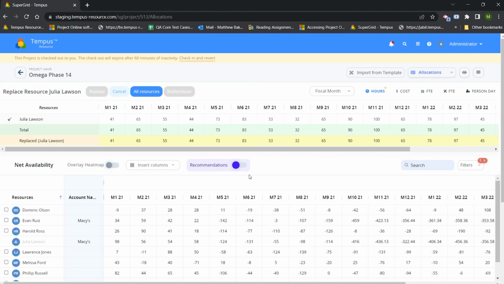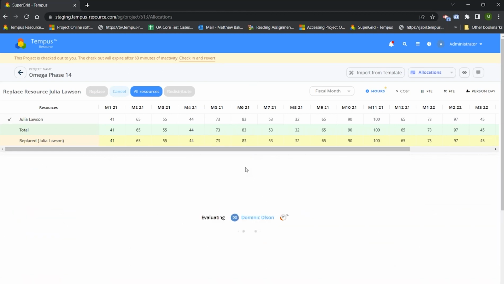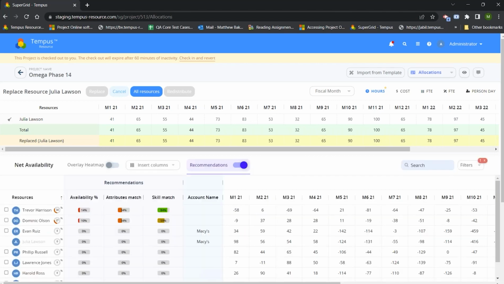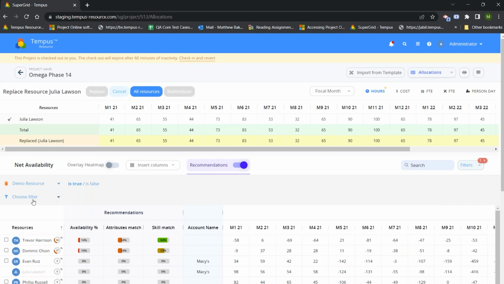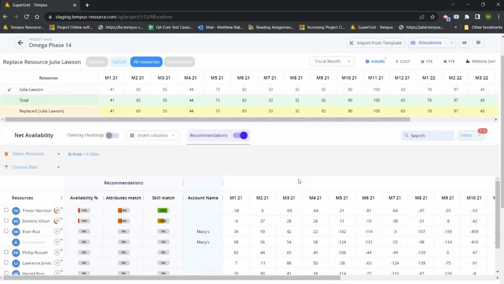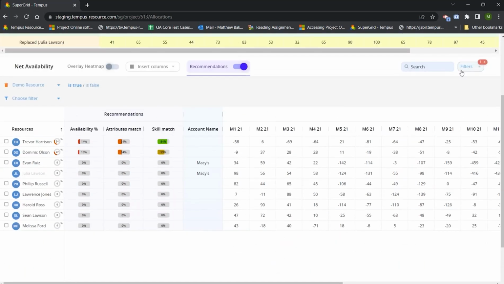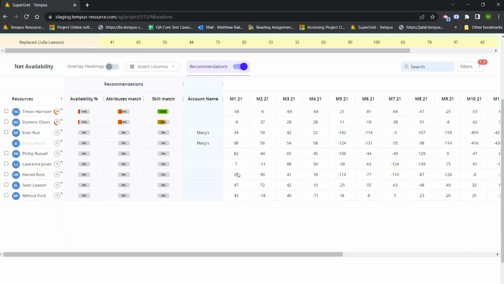have this recommendations option. It's going to be disabled by default, but if you want to see what resources the system may recommend, we can select recommendations, and it's just going to take a couple seconds to evaluate your resources and then show you who may be a good fit. So we'll give this a second to go through here. I do have a filter for my resources, so based off of the filters that I have applied, this is the recommendation of the resources that it's